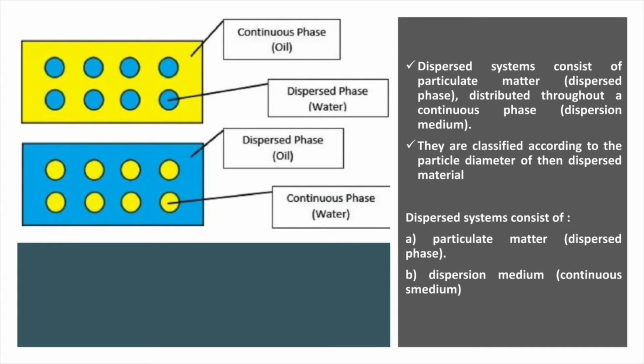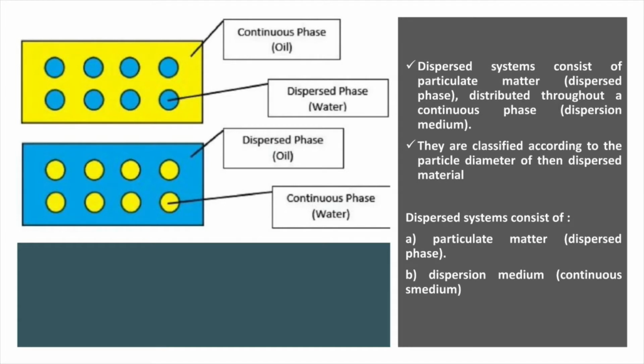When we talk about the solution, we talk about the solute in the solvent. But when we talk about colloidal dispersions, we talk about two phases. First is the dispersed phase, which refers to your solute, and second is your dispersion medium. So when we talk about dispersion liquids, there are two phases: the dispersed phase and the dispersion medium. That is why we can classify the dispersion colloids in different ways: on the basis of the dispersion medium, on the basis of the size, and on the basis of the properties of the dispersed phase.